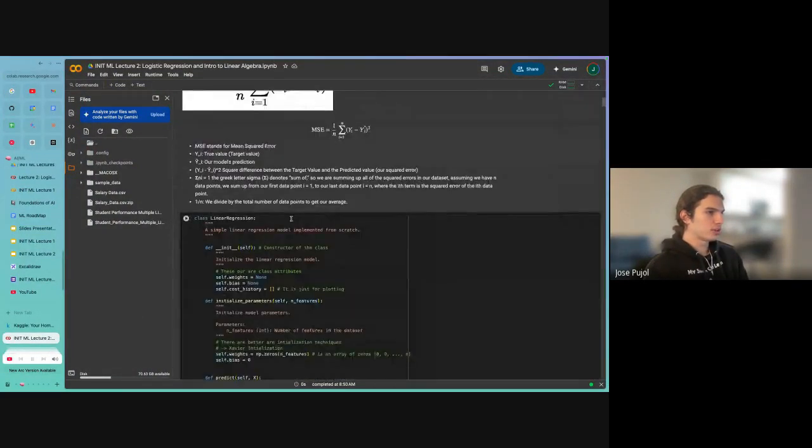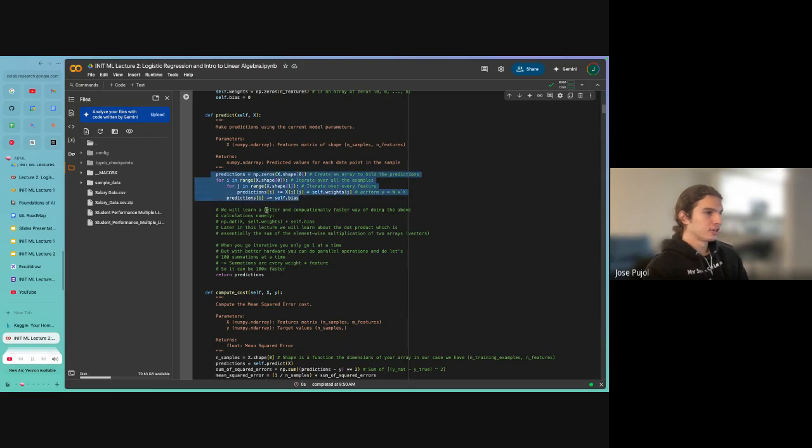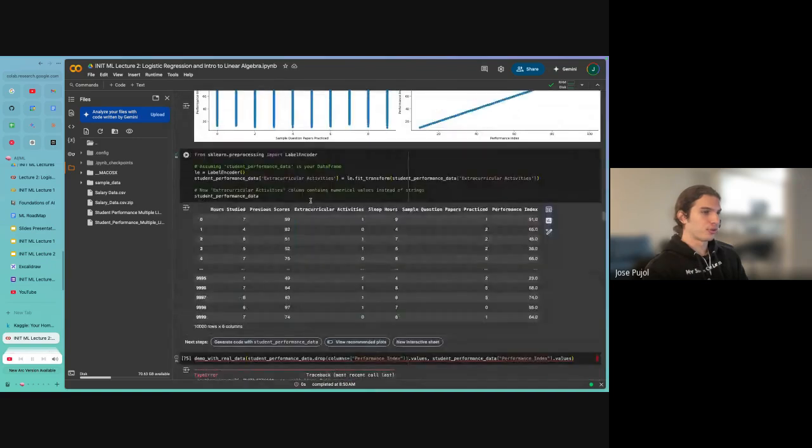I hinted at the dot product here, if you remember at the beginning, where I did this predict, where the predictions of the linear regression model, I said we're doing it like this for now, but there's a better way of doing this, and it's actually doing this np.dot right here. Dot product between the features and the weights, and then you just add the bias. So in order to do the predictions, you can just do a dot product, and that will tell you the predictions of a linear regression model. So it's very useful.